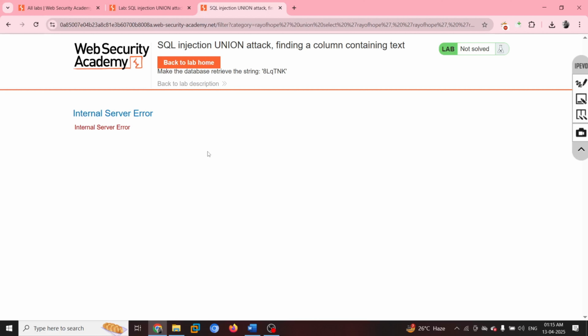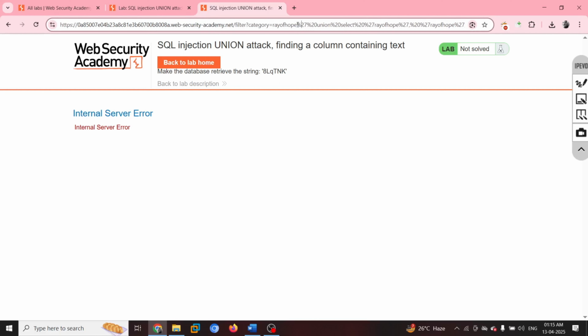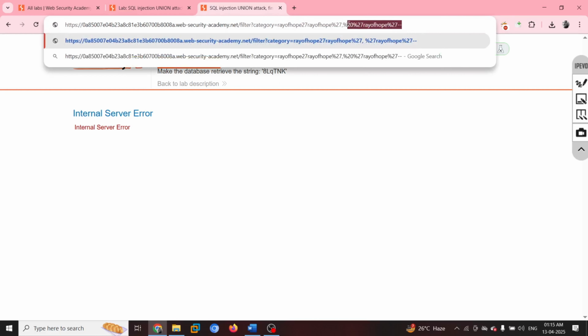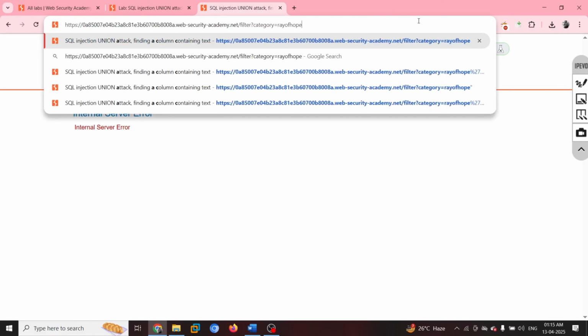Now what are we going to do? In this case, we will try the null payload to identify if it gives us an error as well, because null can be accepted at any point of time. Null means nothing.